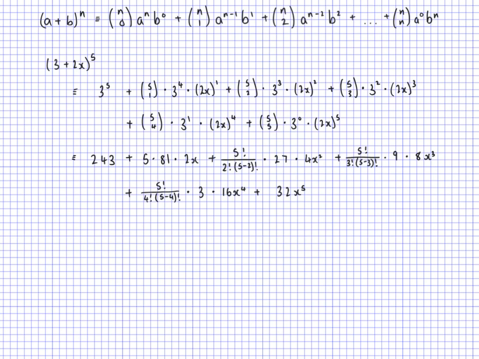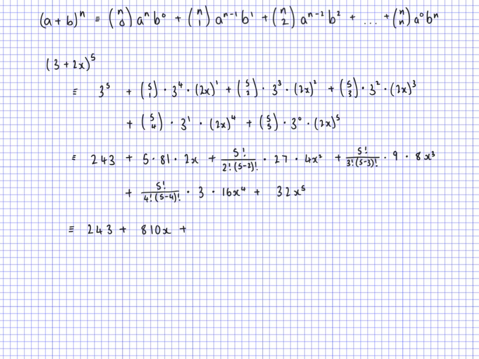So what I need to simplify, I've got 5 times 81 here times 2. I have this fraction here that I need to simplify, times it by 27, times it by 4, and the same here, and I've got one here as well. So let's go again. We have 243 plus, so here 5 times 2 is 10, and 10 times 81 is 810. So I will have 810x